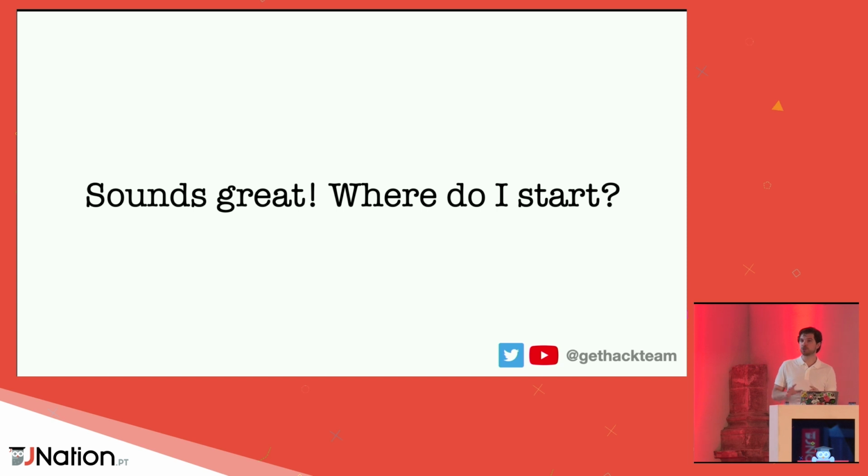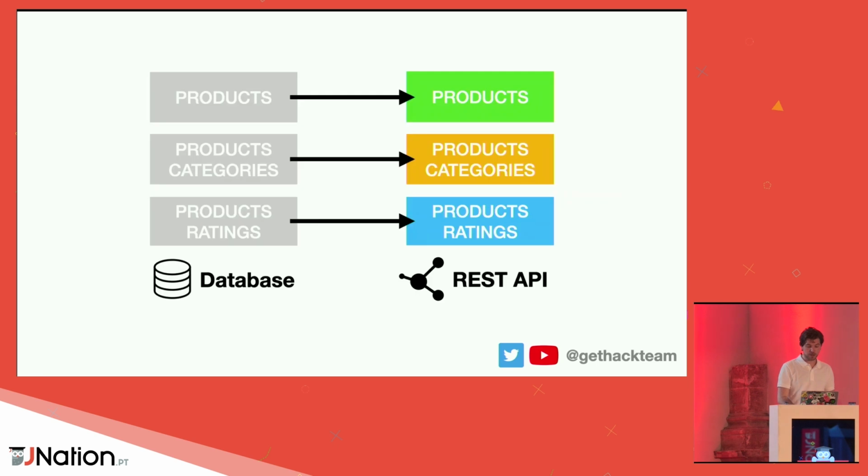So sounds great. Where do you start? So I already showed you some overviews of mapping REST APIs to databases. In mapping GraphQL to REST APIs, you can imagine there's a similar diagram. We have a database. It has all these data entities, and they're exposed through REST API endpoints. So if you start building a GraphQL API, the best part, sort of the greenfield part, would be to take your database and create GraphQL APIs for all your tables, make it available in the GraphQL API,